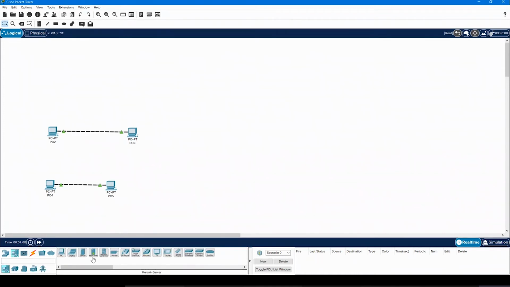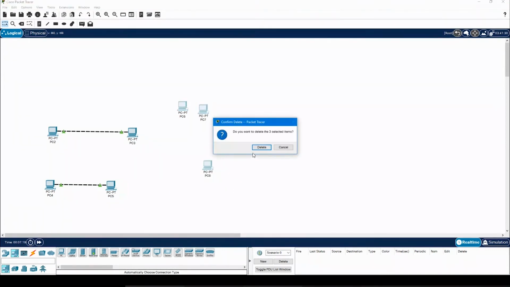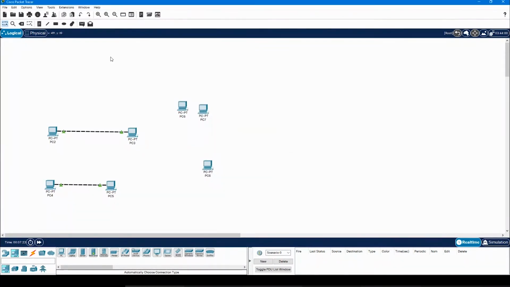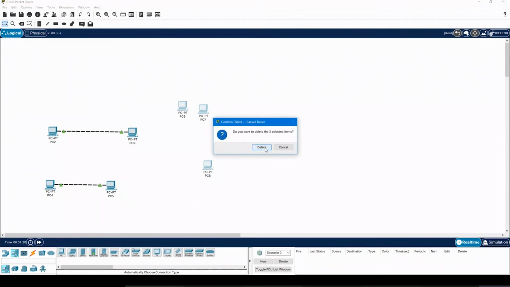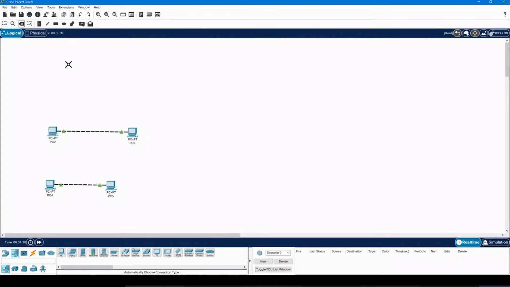And what if you want to place multiple PCs in your workspace? It will become very difficult if you keep dragging these PCs like this. So what I have done here is I have selected these three PCs and I will just click delete and all three are gone. Now I will select the select option back, or I can just simply press the escape. As you see, there's a shortcut written in the brackets.